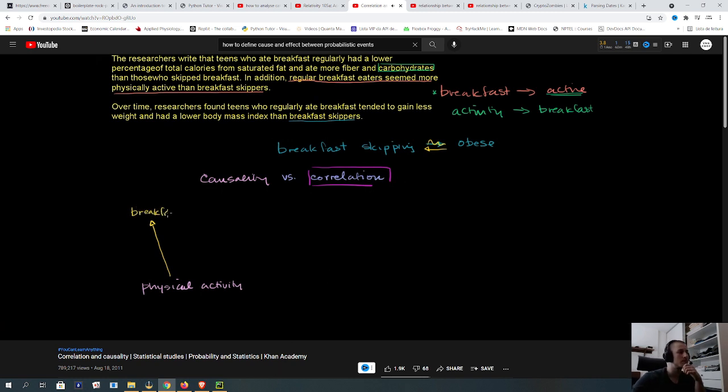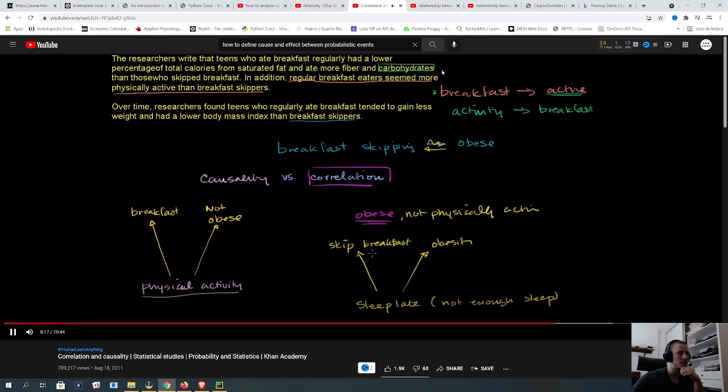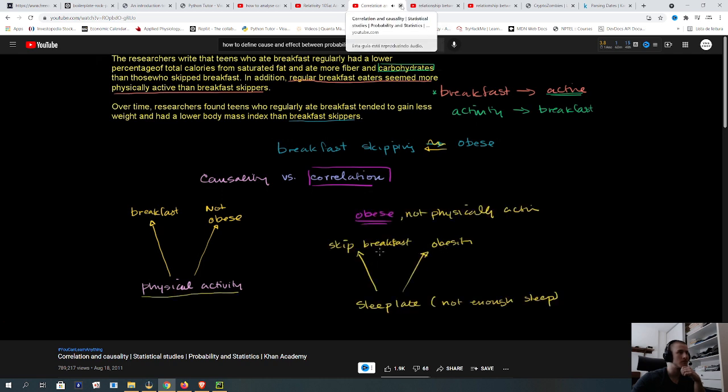Hungry in the morning, so you're more likely to eat breakfast. And obviously, being physically active also makes it so that you burn calories, you have more muscle, so that you're not obese. You are not obese. So notice, if you view things this way, if you say physical activity is causing both of these, then all of a sudden you lose this connection between breakfast and obesity. Now you can't make the claim that somehow breakfast is the magic, if you find someone's obese, maybe the rule here isn't to force a breakfast down your throat. Maybe